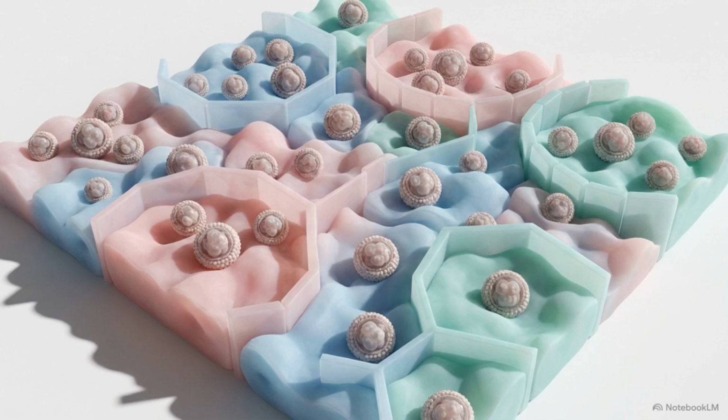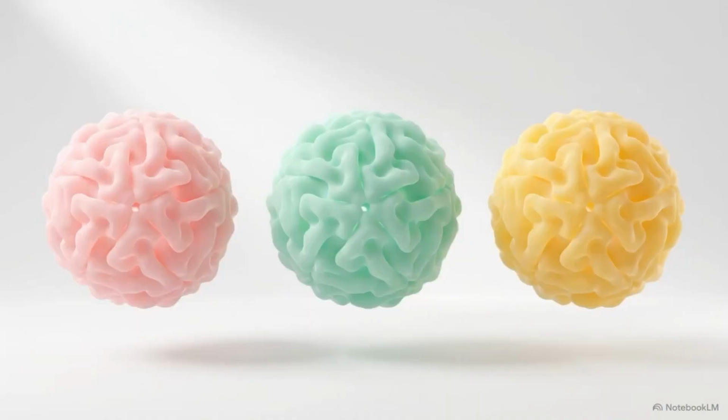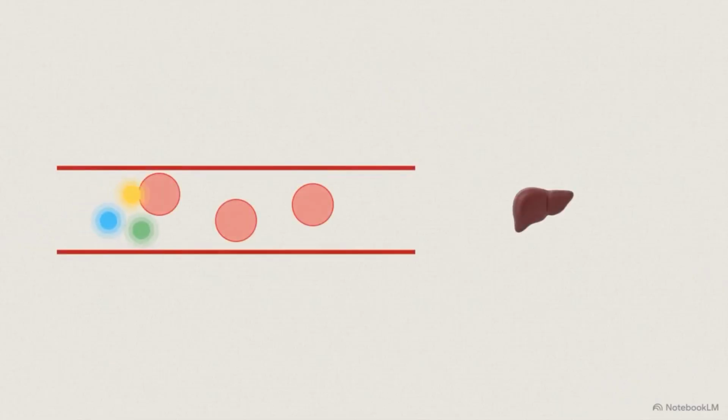Chronic granulomatous inflammation is a highly structured physiological response. It is a specialized quarantine protocol executed when standard elimination fails. The localized actions of neutrophils and granulomas eventually generate systemic shock waves that alter the entire host body. This is the acute phase response. It is driven primarily by three pro-inflammatory cytokines, IL-1, IL-6, and TNF-alpha, which circulate through the blood and act directly